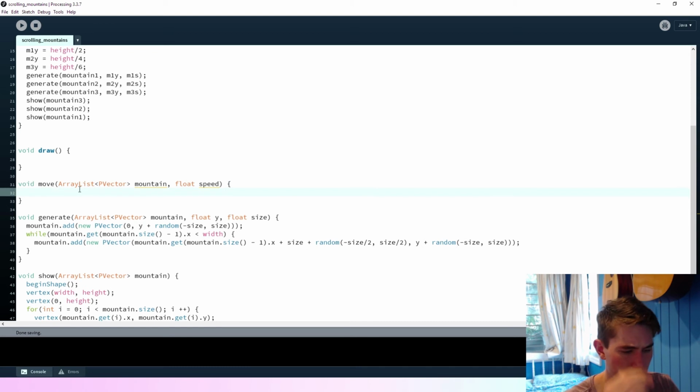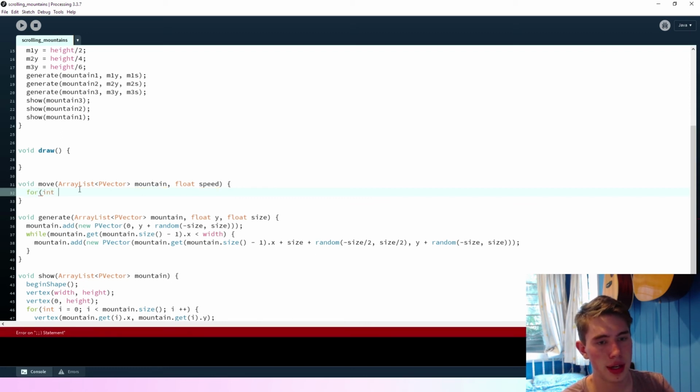Okay, so what we want to do to move them is we want to say for int i equals 0, i is less than mountain.size, i plus plus,